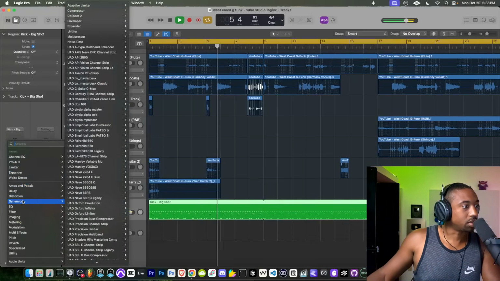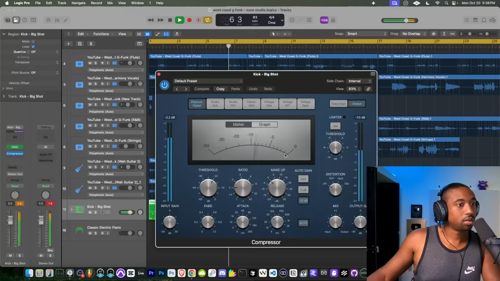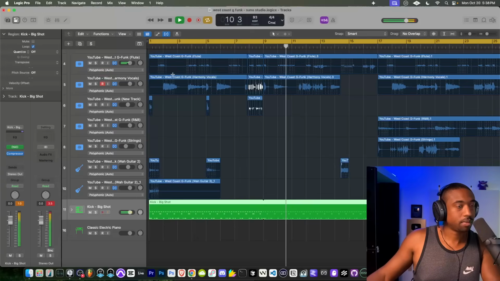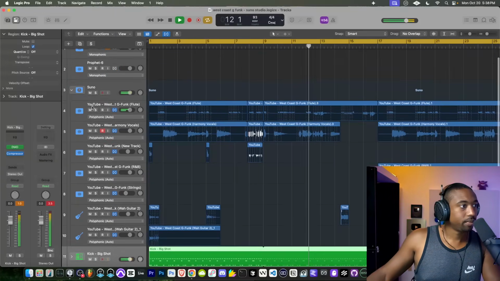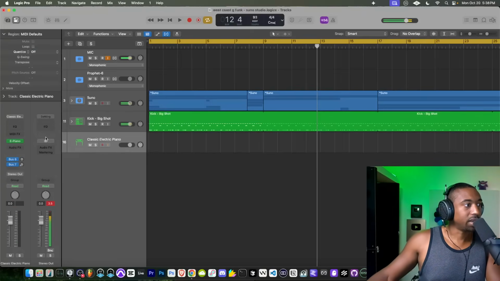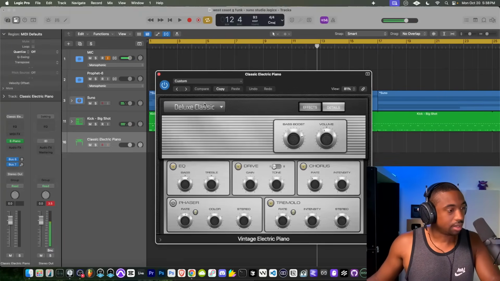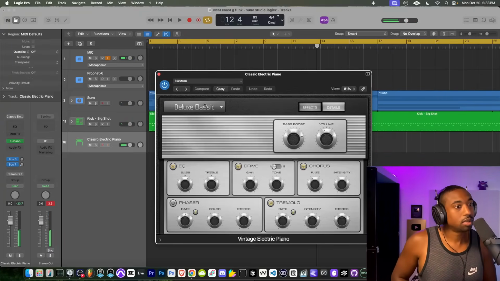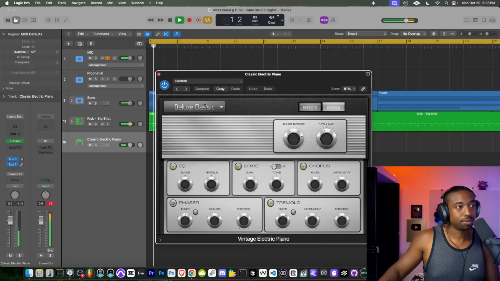Let's run these drums through some processing. All right, so we can add keys. First of all, let's figure out what key we're in.